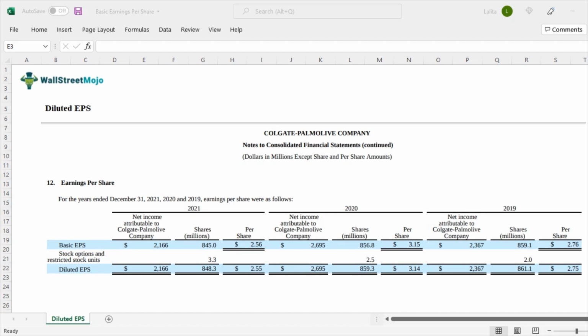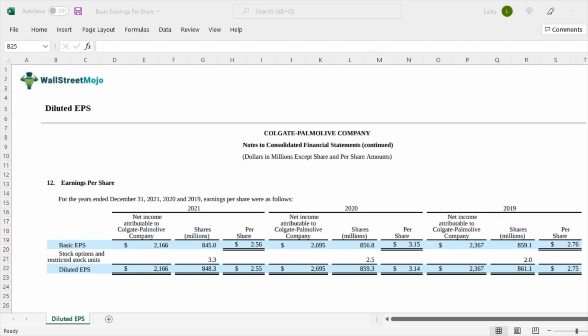Now visually, if you look at what's the difference between basic EPS and the second one, that's the diluted EPS, is it in the numerator? No. Is it in the denominator? Of course yes, because we see that there is something that's called stock options and restricted stock units that have been added to the denominator. So essentially the denominator increases from 845 to 848.3, thereby reducing your EPS,